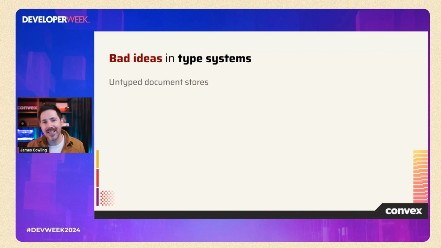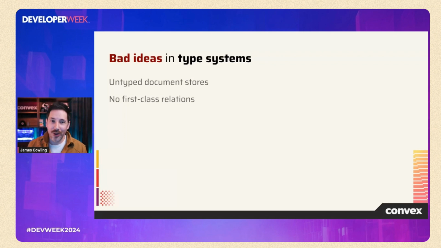So I want to move to the next domain where I think platforms fail the abstraction test, which is their type system. And I have a lot of respect for MongoDB, for example, for making databases accessible to web developers. But the fact that Mongo is a largely untyped JSON document store means you have to give up on all the familiar programming language guarantees you're used to. So there's a reason why everyone's moving to TypeScript from JavaScript. Types are good. They provide actual guarantees.